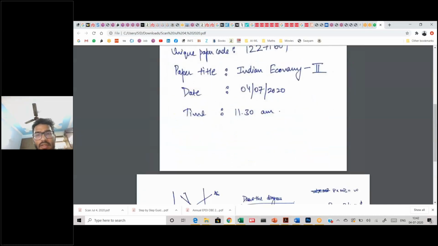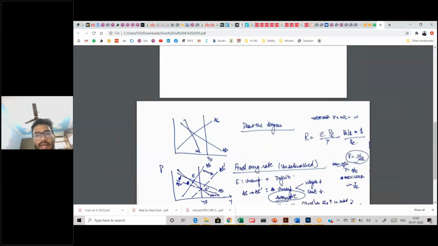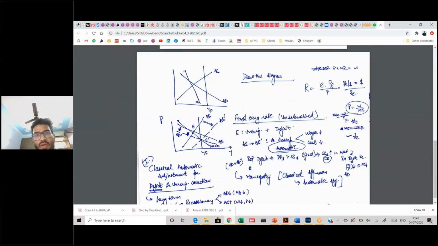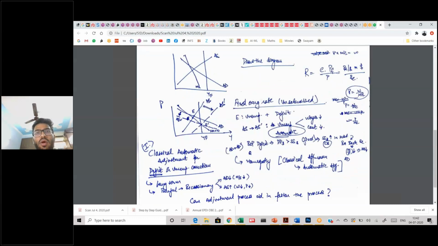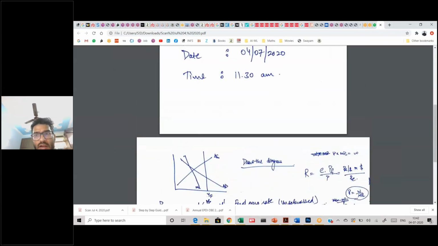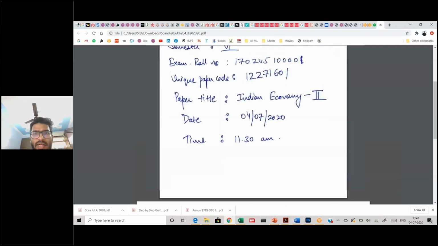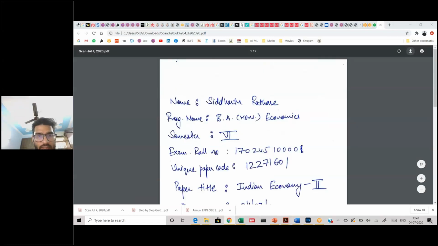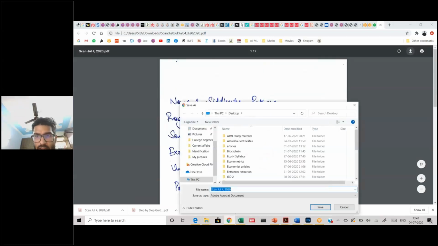Once you've filled in those details, you can start clicking all your answer sheets, the first answer, the second answer, the third answer. One of the solutions that I have is either you can mail it to yourself, or directly from that app you can share it on your personal chat on WhatsApp, and then from there you can upload it. The way that I've done is I've sent you the answers on this particular group, or you can mail it to yourself. And after mailing, I have downloaded this on my desktop.